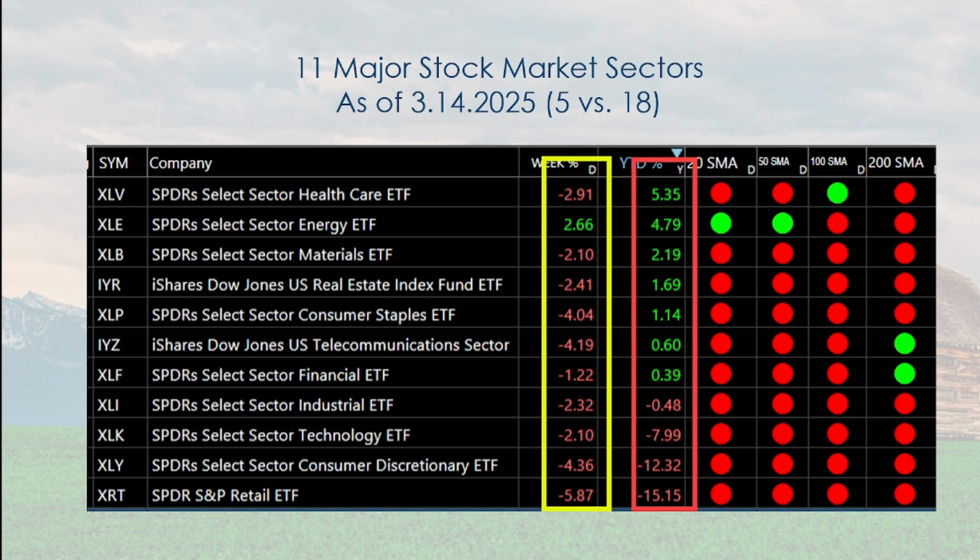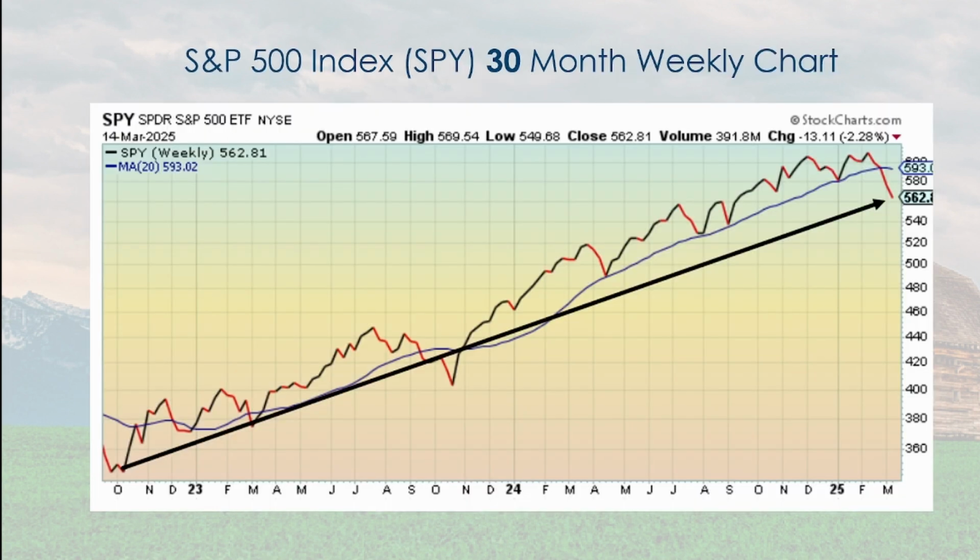But again, that's an opinion. Okay, so here's the S&P, the S&P 500. Now this is over a 2.5-year period of time. I put a line, an arrow, pointing from the beginning of that to where we are today. At the far right, the upper right, you can see the decline.